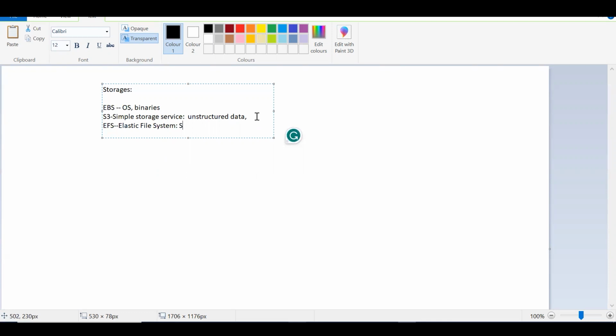This is a scalable storage system, and you pay only for what you use. With EBS, you give some amount of storage at the initial stage, like 50 GB, 100 GB or 200 GB, and then it will cost for the entire thing.